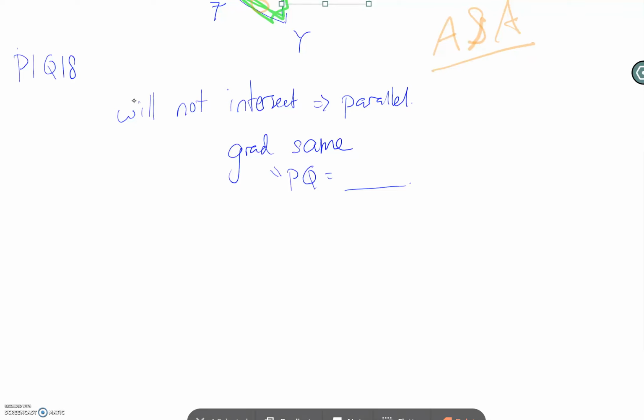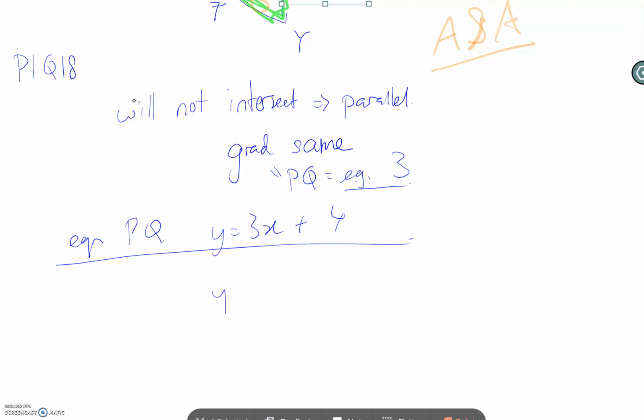No, that's not the gradient. What's the gradient of PQ? You've got to find the n first. Let's say for example, the gradient is 3. So what does it mean? y equals to 3x plus 4. This is the PQ equation. Can you write another one that won't hit? y equals to, see, same gradient, so this one